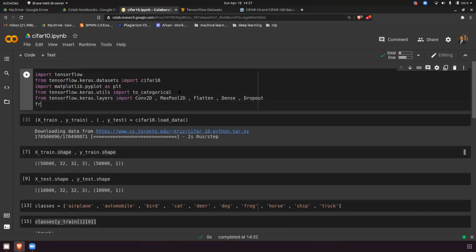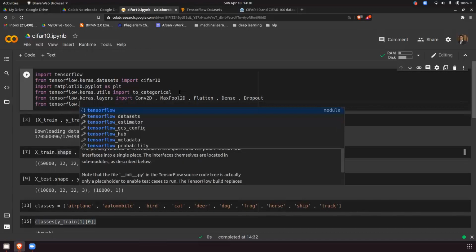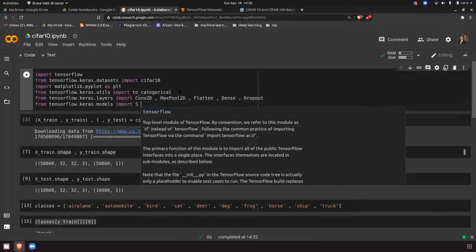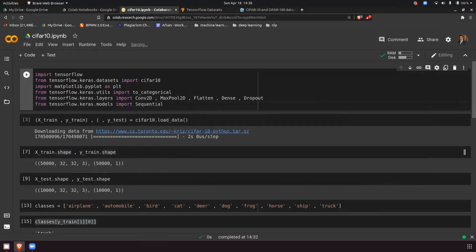So how to call? From tensorflow.keras.models import Sequential. So this is what you have to do. Just run this and everything is imported to build a CNN.